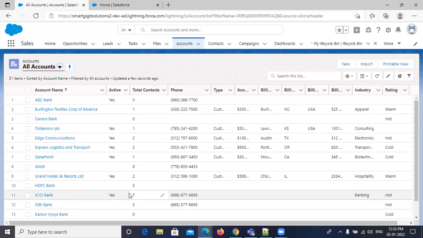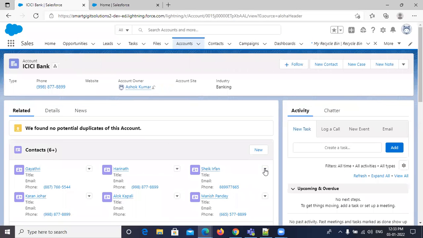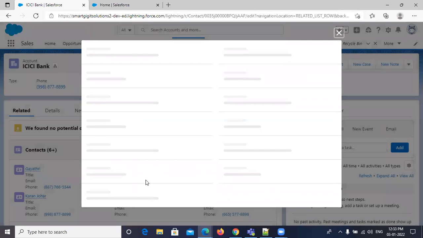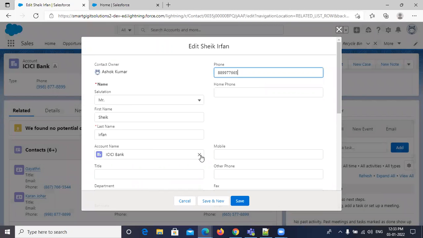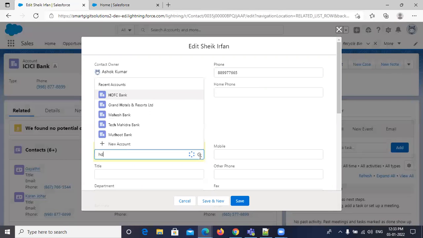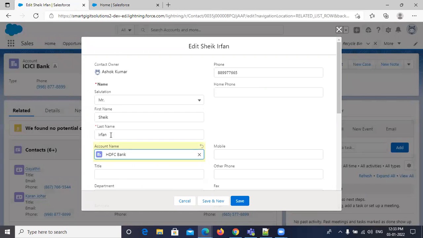Now I want to move one record from ICICI Bank to HDFC Bank. I edit the contact and change it to HDFC Bank. One contact is removed from ICICI Bank, so it calculates ICICI Bank's total contacts again. That is Trigger.old.